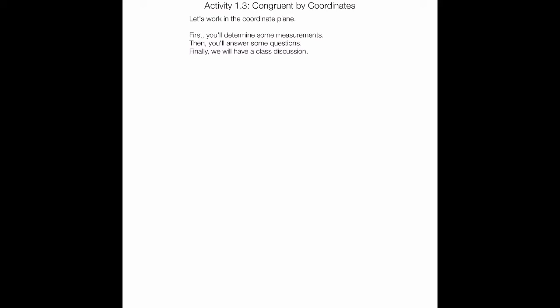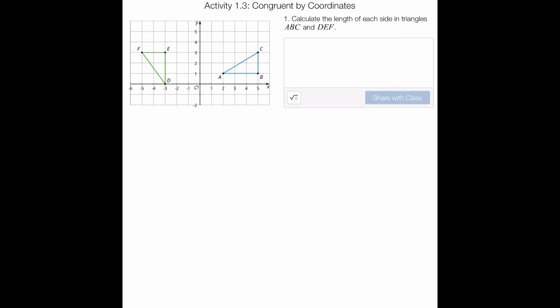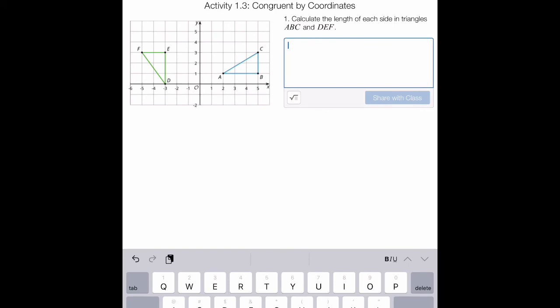So this is saying that first you will determine some measurements, then you'll answer some questions, and then finally we're going to have a class discussion. So go ahead and move on to this part of the Desmos lessons if you're done with the warm-up. And the directions are saying, calculate the length of each side in triangles ABC and DEF. Now, what I want you to do here is hit here, and there's a couple sides here that you need to figure out. So, how I want your response to look is you could say FE